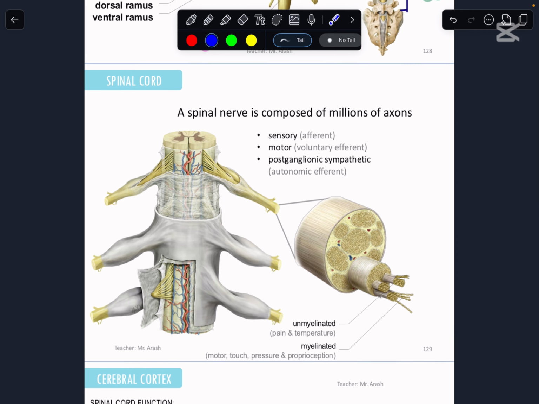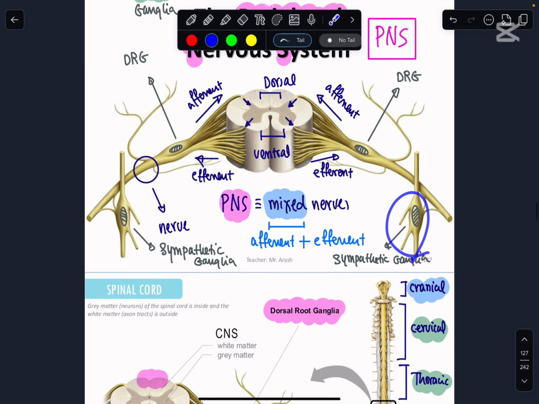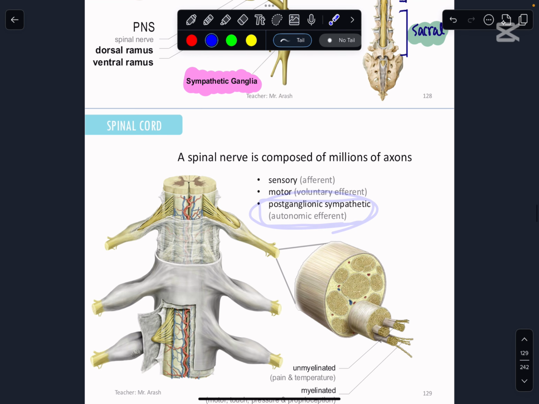This, guys, is basically these ones here, right? Because your motor branch, which is this part, is two parts. The motor branch of the nervous system has two parts, voluntary and involuntary. You also have